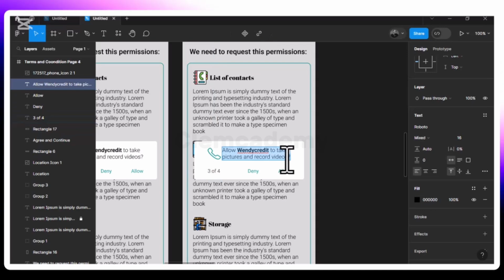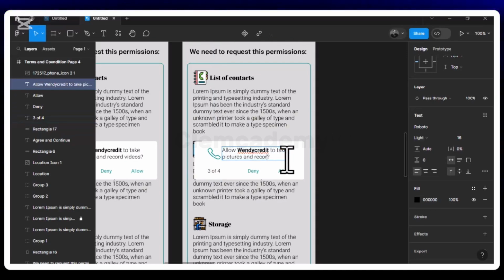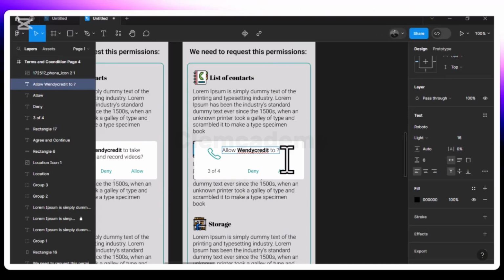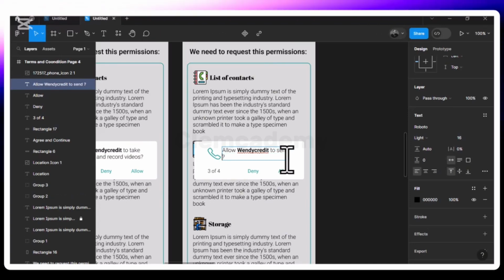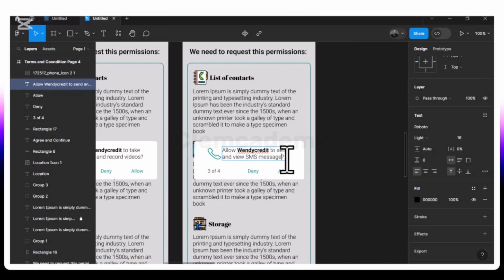Allow Wendy Credit to send and view SMS messages. Okay, send and view SMS messages. All right,